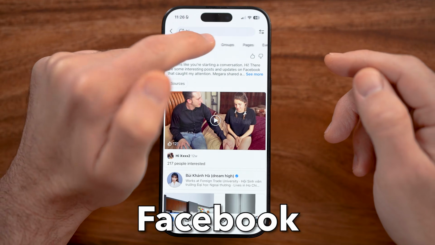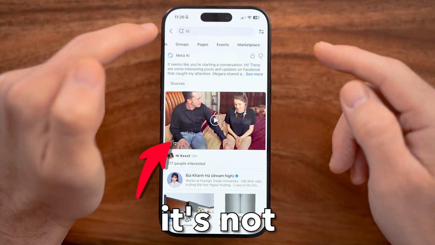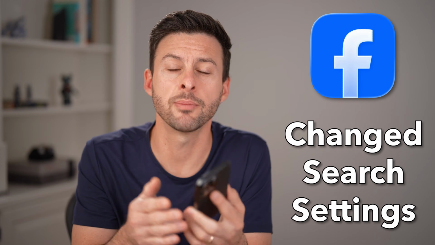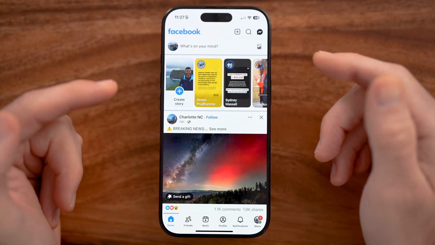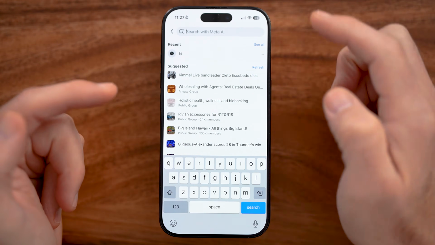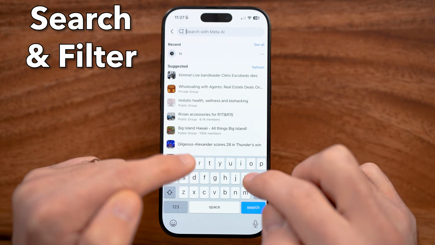Let me show you how to fix the Facebook search by posts if it's not showing. For whatever reason, Facebook changed the search settings. I'm going to show you how to find them anyway. Now, within the Facebook app or facebook.com, you should be able to go through the process of searching for anything